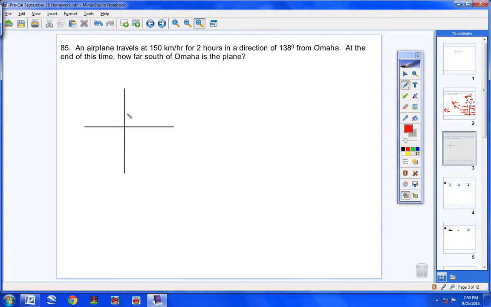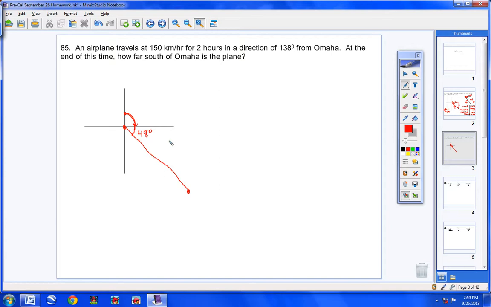Now, you always start on the positive y-axis and you rotate clockwise like that. So we're going to rotate 138 degrees. So from here to here is 90, and then 48 more degrees would be 138. So I'm going to go ahead and put that angle inside the triangle right now. It's going to be 48 degrees because from here to here is 90, and then 48 more degrees, 90 plus